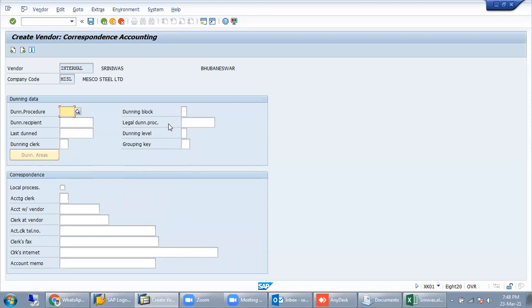Suppose you purchase one laptop, or you purchase 10 laptops for a company, and the finance team is going to book a bill, that is, an invoice booking. By mistake, two people are going to book the invoice individually at the same time. Once the invoice is posted, when the other user tries to post that invoice again, the system will give us an error message that you have already posted it, right?